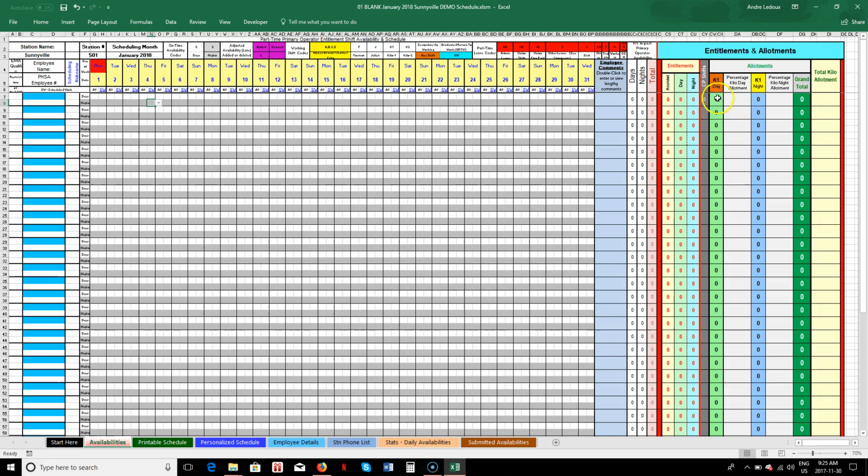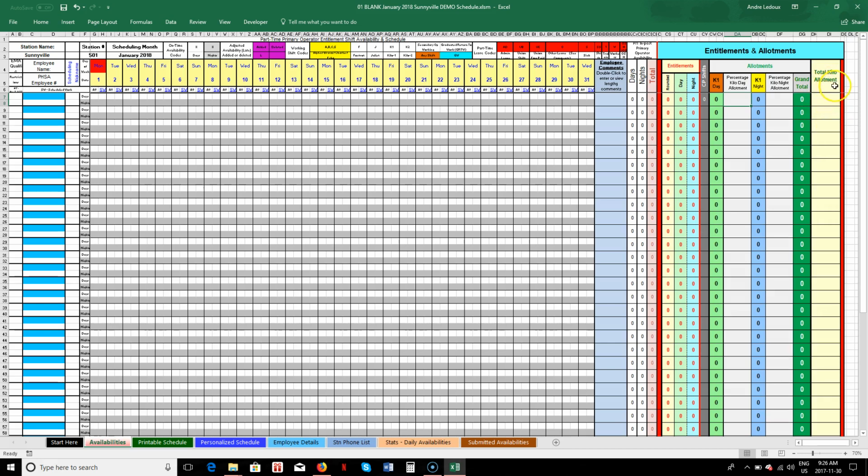Once you start giving them a shift, let's say in the Kilo 1 day column, this will turn into a percentage bar, and it will show you what their percentage allotment is. So at a glance, you'll be able to quickly see if they're meeting their allotment as you're trying to establish. And the same thing with the night shift. This will appear as a percentage bar, and we'll see that afterwards. And there'll be a final percentage bar here, which will show in percent and a little bar graph what their